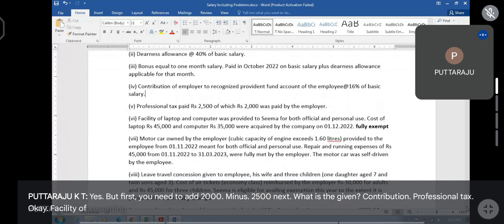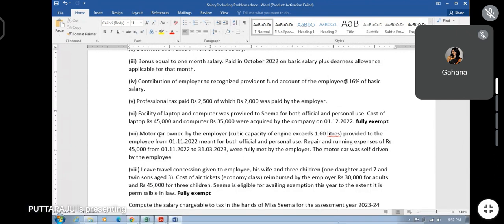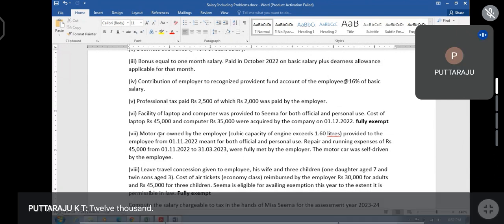Facility of laptop is fully exempt. Leave travel concession fully exempt. Motor car, how much? Sir, 12,000. 12,000. That means total comes to, I think,